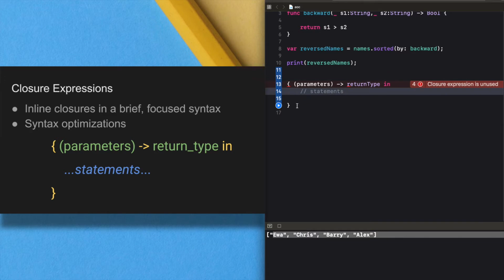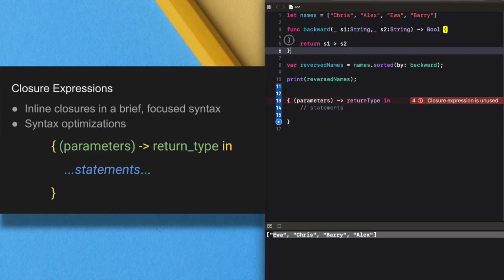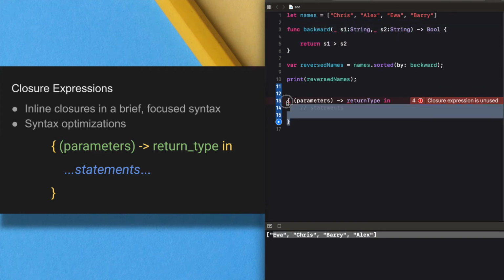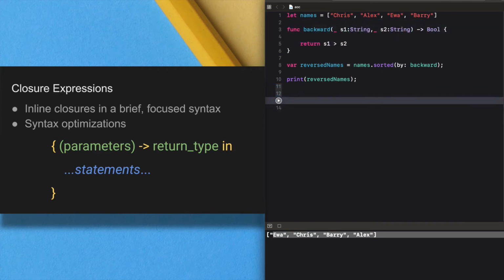So in the above example, we can check how to use the closure expression syntax instead of this whole function. Let's check how we can do it.